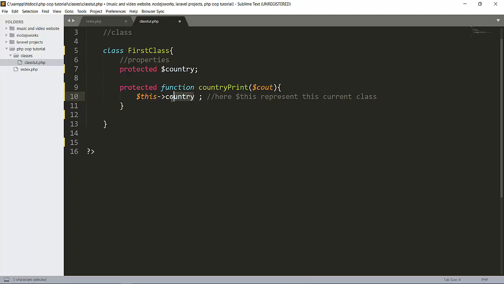So we will initialize this. See that this here is uninitialized, and here we will initialize. So here let me protect it, okay, and this country is equal to $count. So we will pass the variable here. So I am copying this. First of all, let's create our object here.